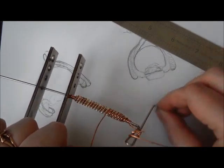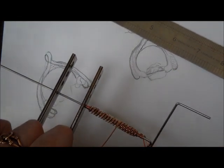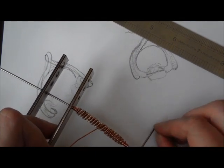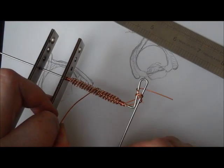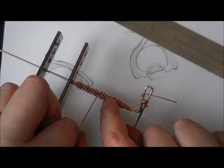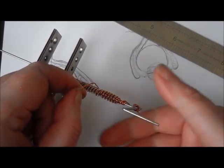Now I will show you what happens if you pull too tight. Let me just give this a tighter pull. There. You see how the wire has popped in between. Can you see it in there? It's popped in between. Now if it does that, you can just unravel